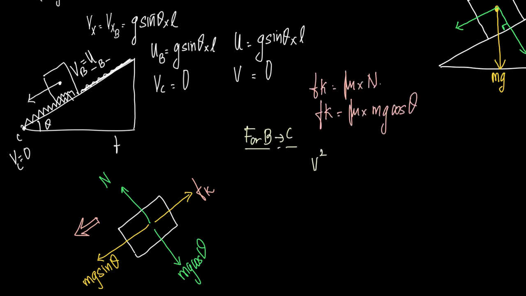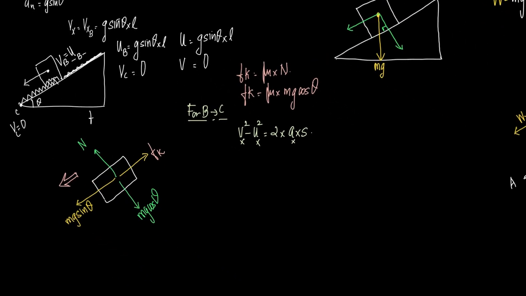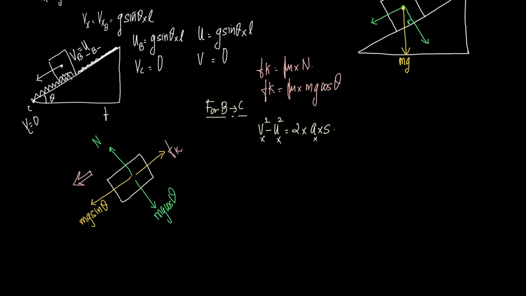We have V square minus U square is equal to 2 into A into S, right? 2 into A into S. But this is Vx, Ux, and Ax. Now let us see, along the horizontal direction, there are only two forces acting, mg sine theta and Fk. What is Fk? Mu mg cos theta. So if we were to analyze this further,